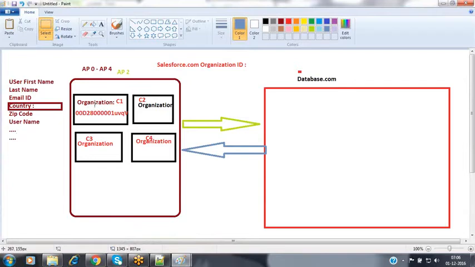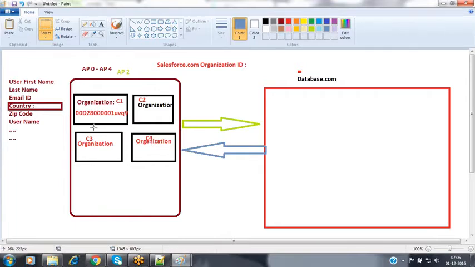Assume that I am organization C1, nothing but customer 1. You are customer 2. Another person is customer 3, and another person is customer 4. Now all are accessing our applications here. In this scenario, every request will be passing through that AP2 region only. My requests are sent to the AP2 instance, your requests are also sent to the AP2 server, and other people's requests too, because everybody's account is available inside that AP2 server only.